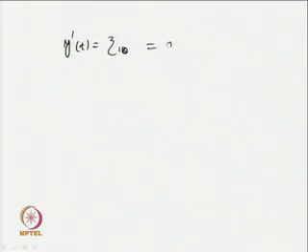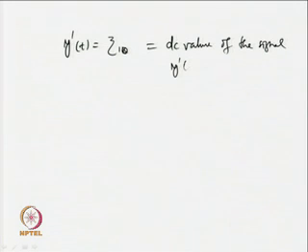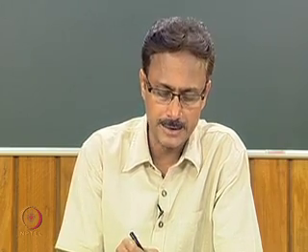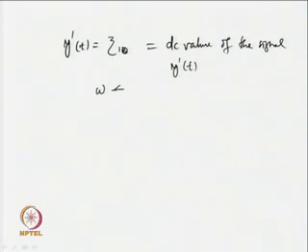So, this gives the DC value of the signal y prime t, and the rest of the terms will have certain frequency, where the signal is assumed to have a frequency of magnitude omega. So, omega is the fundamental frequency